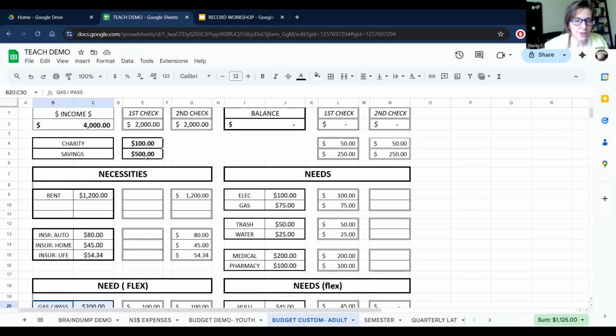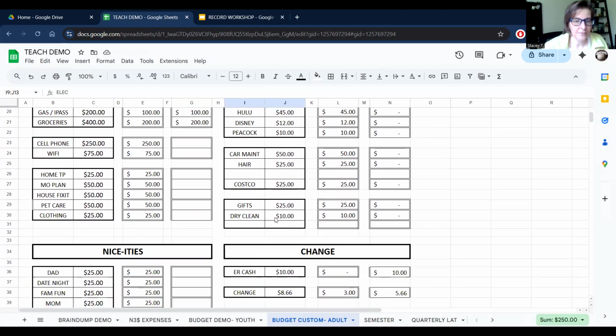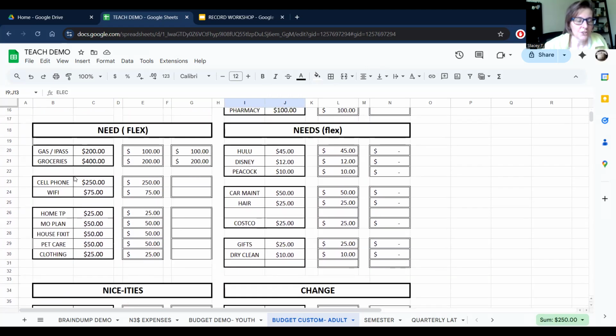So then you get down to the needs. That's the absolute necessities, and then this comes with it, right? Then because you have prioritized, these needs can be flexible, like we just talked about. Gas, if you set $200 for your gas bill because it's 2020 and nobody's driving anywhere, then you're going to have a really nice buildup of gas money once COVID lifted, right?